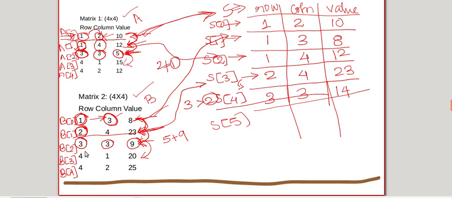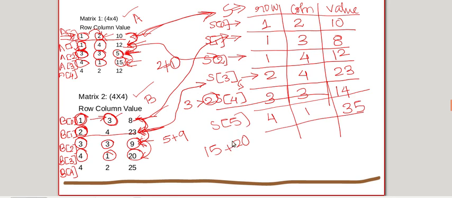Okay. And take again the row value. Now it is 4 here and here now we have reached here and here is also 4. Both are equal. If it is equal, we need to take the column value. Column value 1 here and 1 here, both are equal. If both are equal, row 1 is equal to row 2 and column 1 is equal to column 2, and then you have to take the value of each row, that is 15, and here it is 20, so 15 plus 20 which is 35, that will be the resultant value, and you will have to copy the row which is here 4 and column is 1.